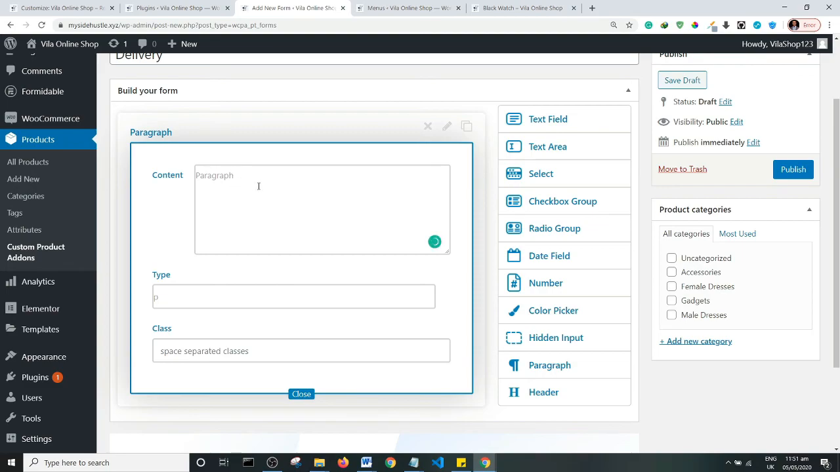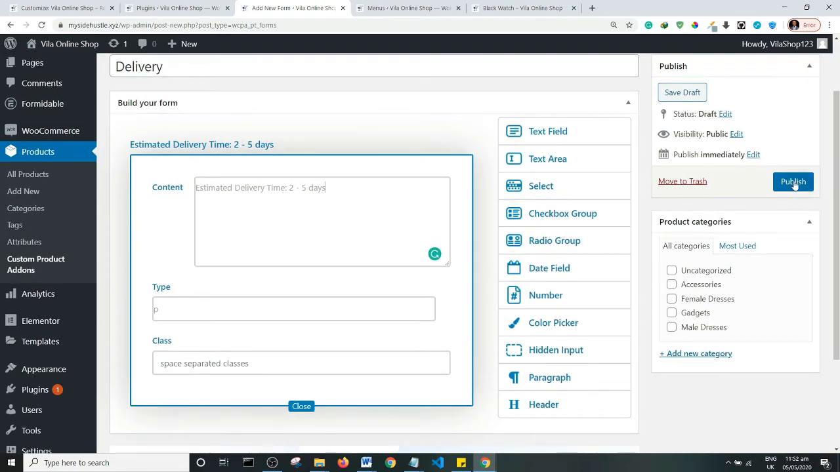I simply wanted to say estimated delivery time. I just wanted to state the estimated delivery time to be, let's say, 2 to 5 days. Okay, so that's all I wanted to say, 2 to 5 days. So I'm going to save it, and to save it you just need to come to publish and click